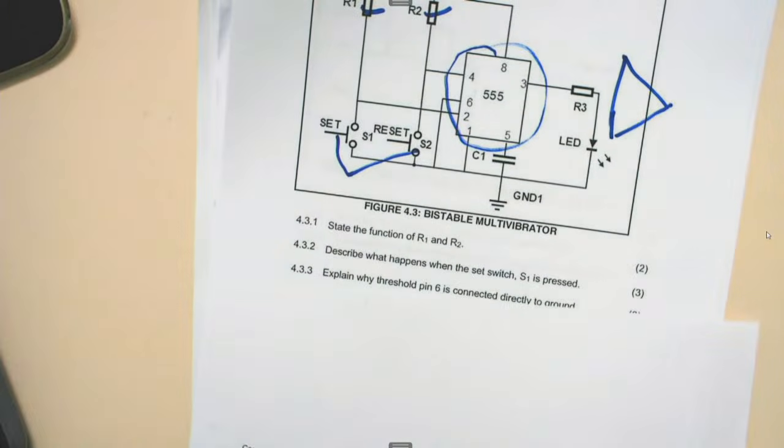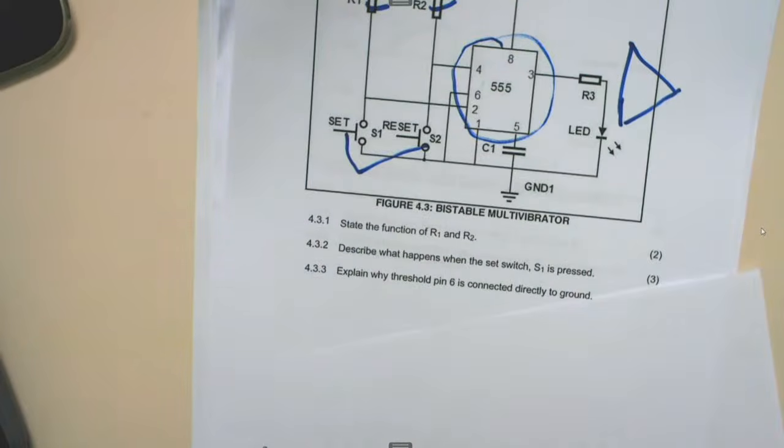It says state the function of R1 and R2, which are those two at the top there. So normally we say resistor R1 and R2, we call them the pull-up resistors, which will be a mark for saying R1 and R2 are pull-up resistors. Then resistor R1 and R2 will hold both trigger pin 2 and the reset pin 4 at high. So it's another mark, which will have 2 marks there. So we say